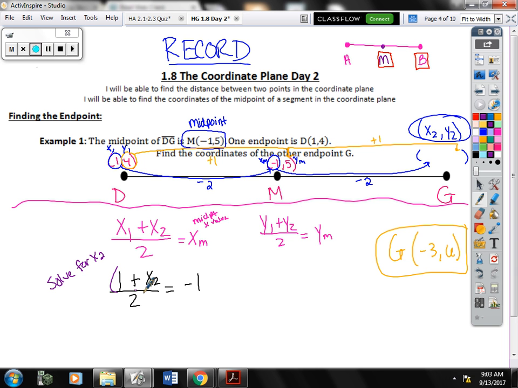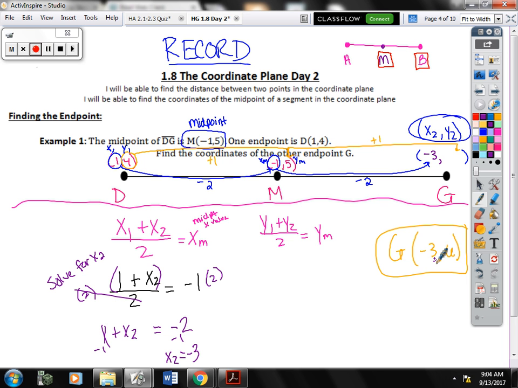So the first thing, the numerator is really grouped because it has a big denominator. So I would first undo division of 2 with multiplication of 2. So we have 1 plus x sub 2 equals negative 2. Then I would need to undo addition of 1 with subtraction of 1. And I would get x sub 2 equals negative 3. Okay, so that would be my x value of point G, which we did find, right, when we did our